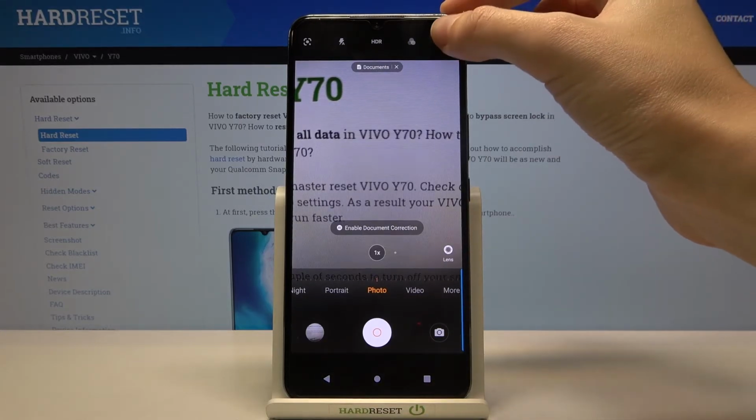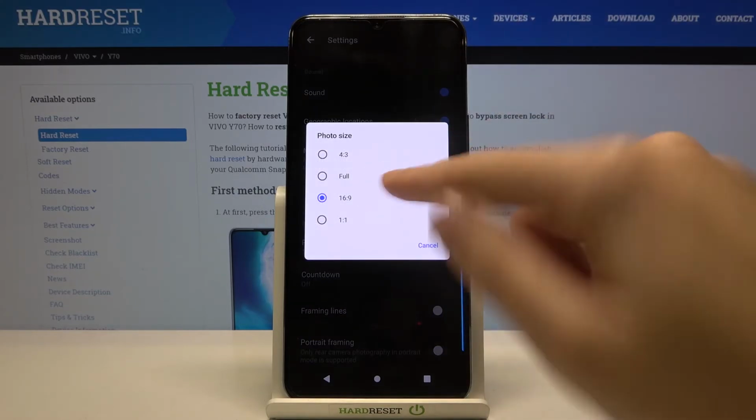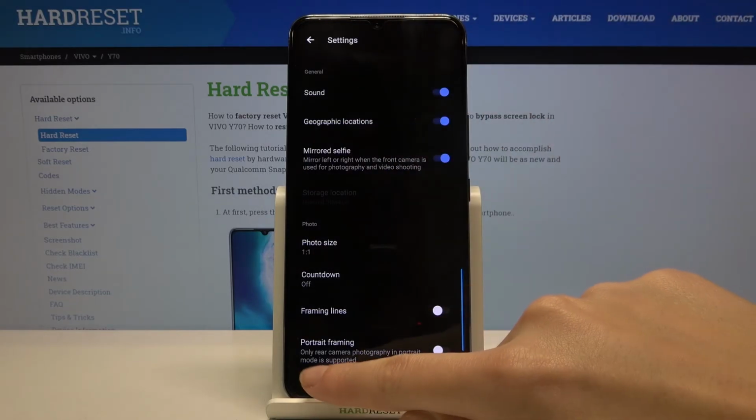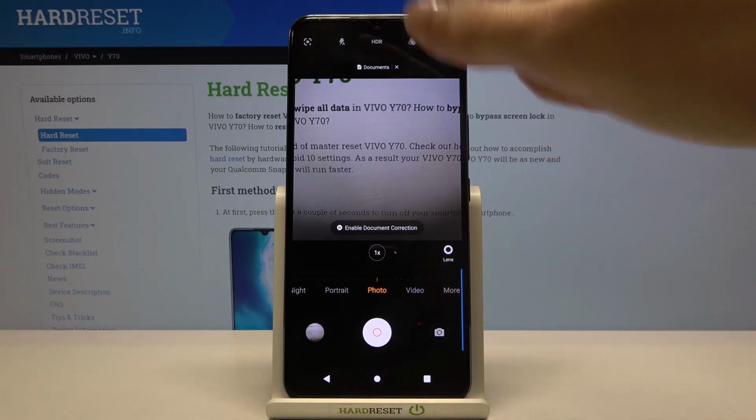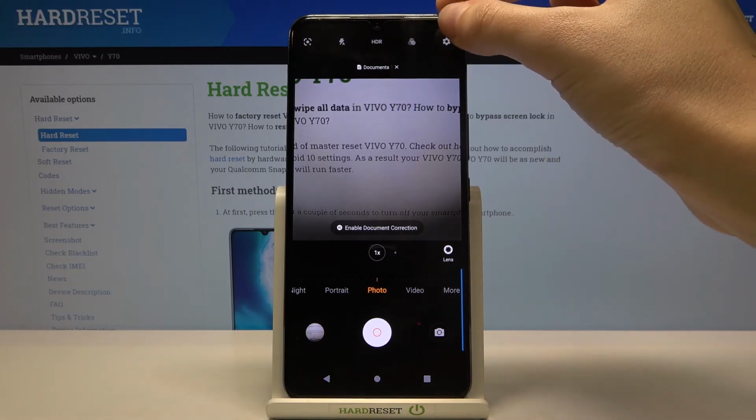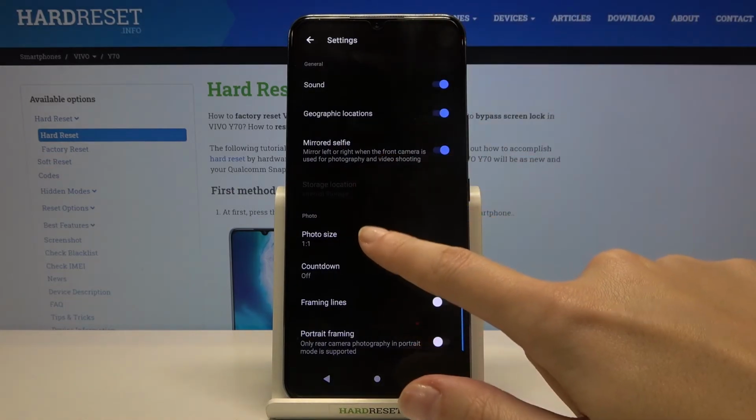The next one available here in the settings is 1:1, so in the camera we can see that this is the square one. And of course, by going again to the settings in the right corner and to the photo